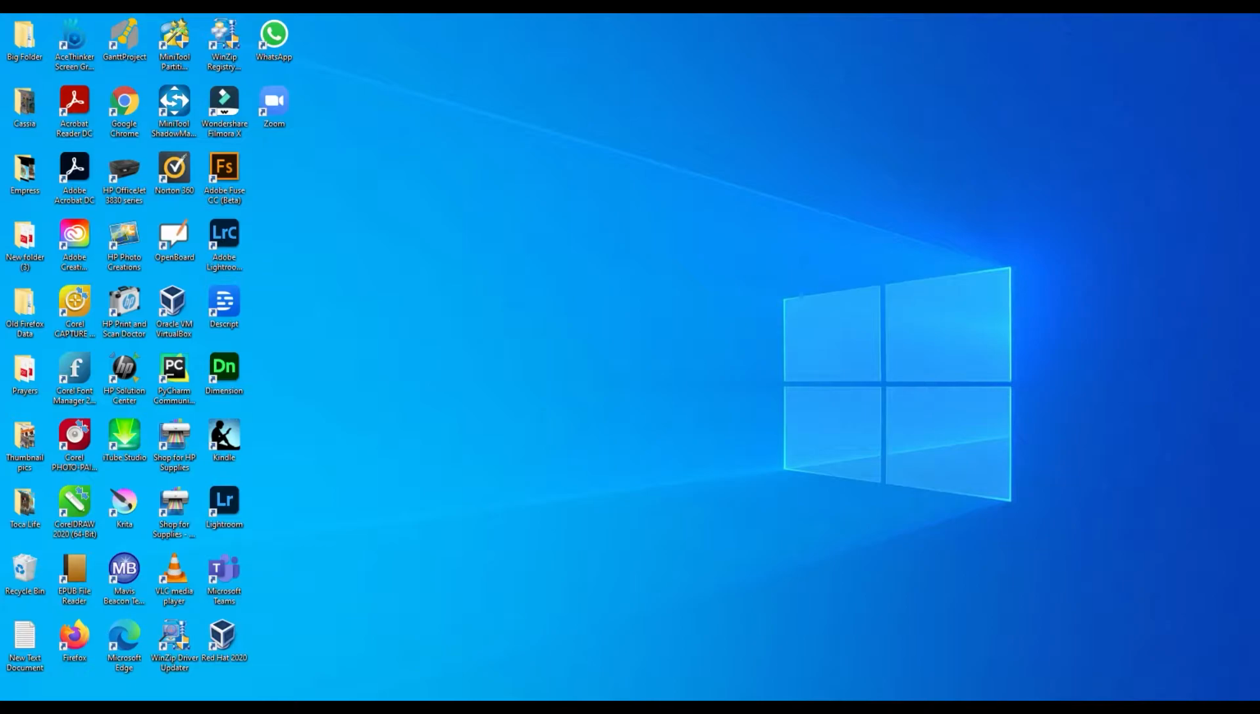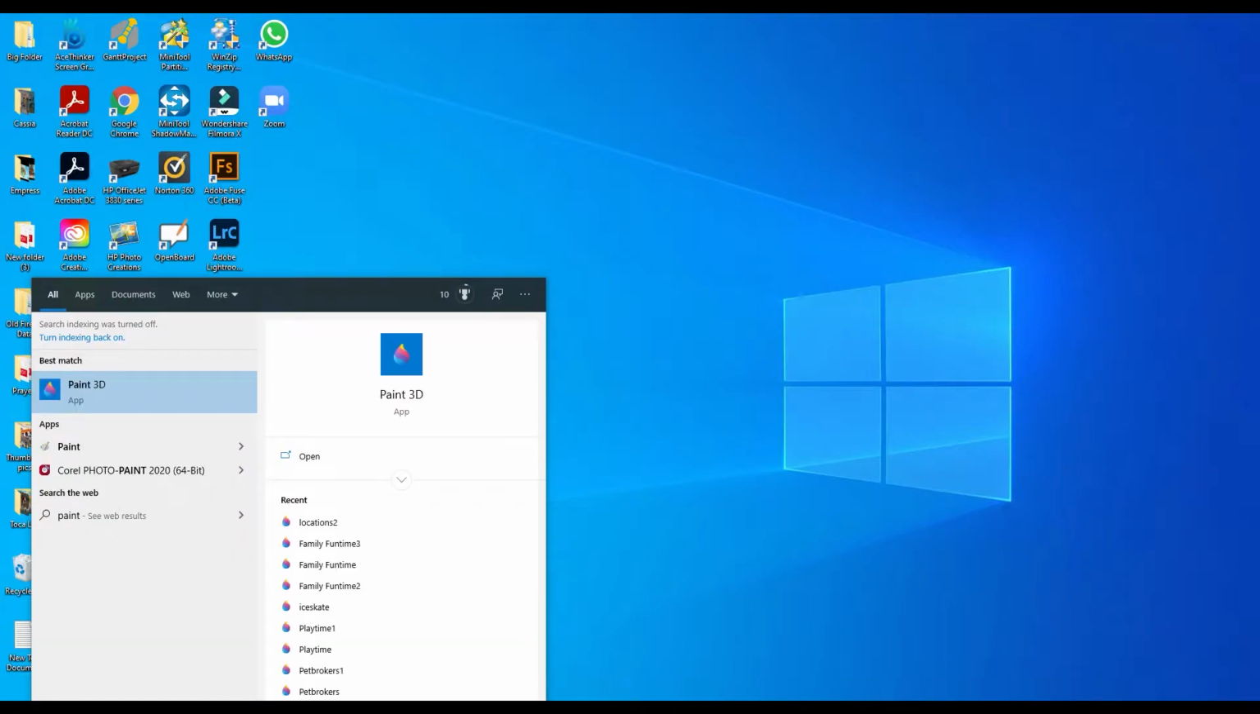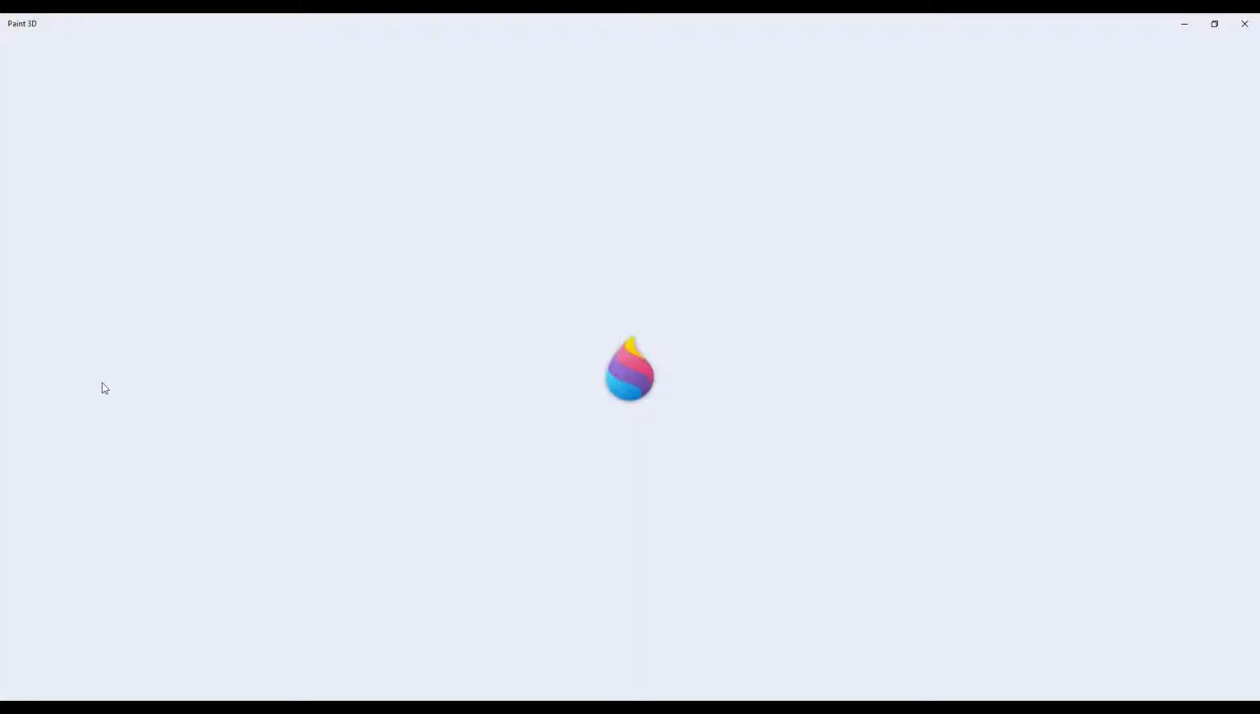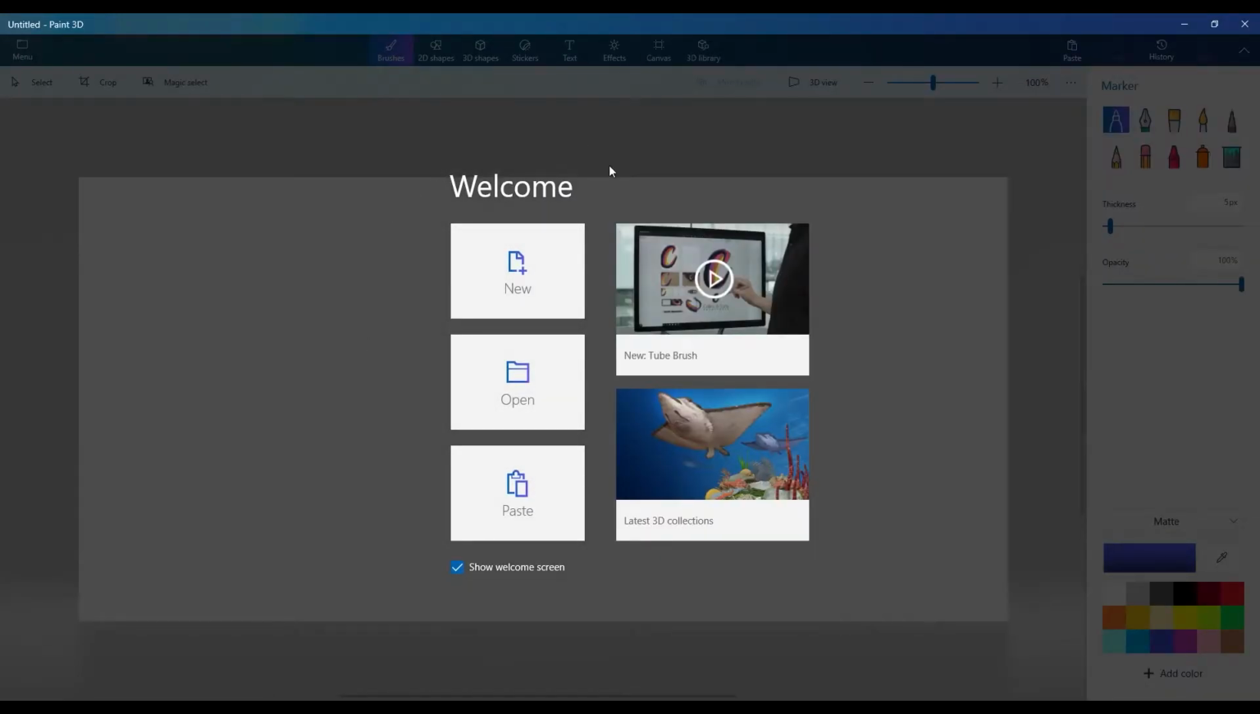Go to the start and type Paint 3D and it shows up. Click it and open Paint 3D. When you open it, you see the welcome screen where you have